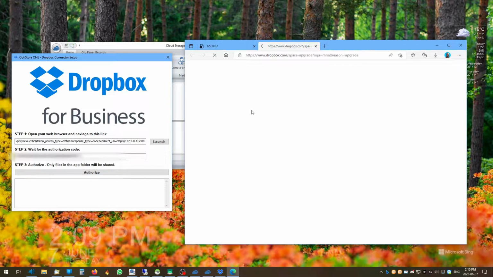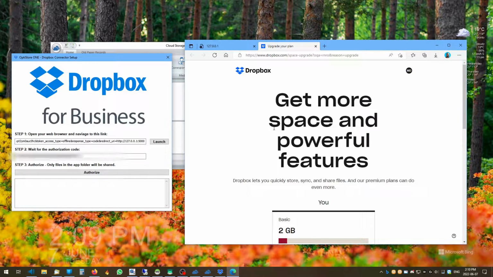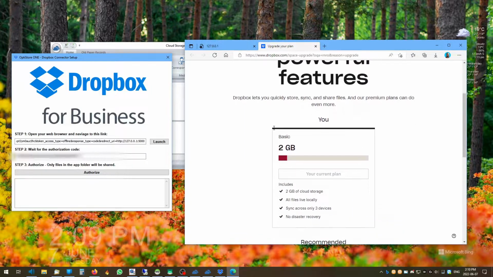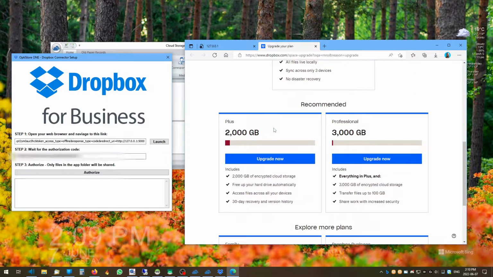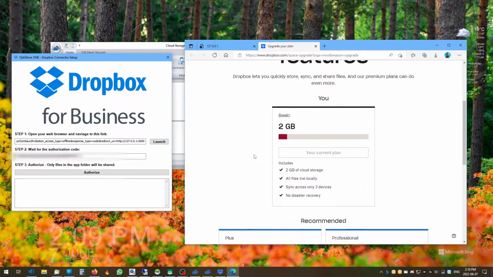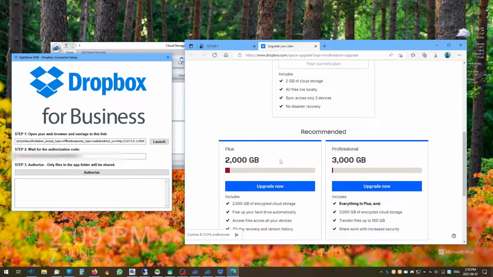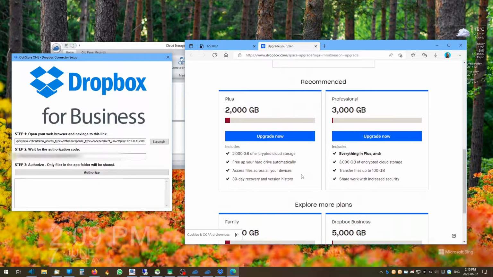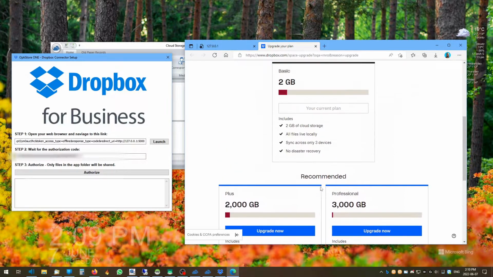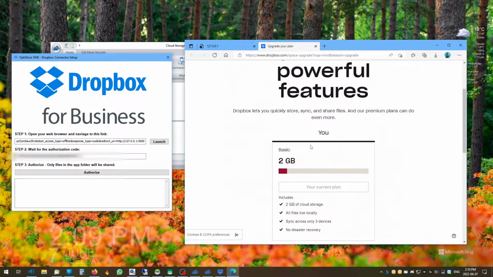So now once we've done that, we've given permission, we'll be shown our different accounts to upgrade. So here's some different upgrade plans. Dropbox by default gives you 2 gigabytes. It's quite a large amount of storage, but it may not last very long, because picture files and receipts and all those types of things can start to take up quite a bit of space. So you might want to consider upgrading. There's a lot of options here. You can explore your options, but for now we're just going to leave this at 2 gigabytes as it is,